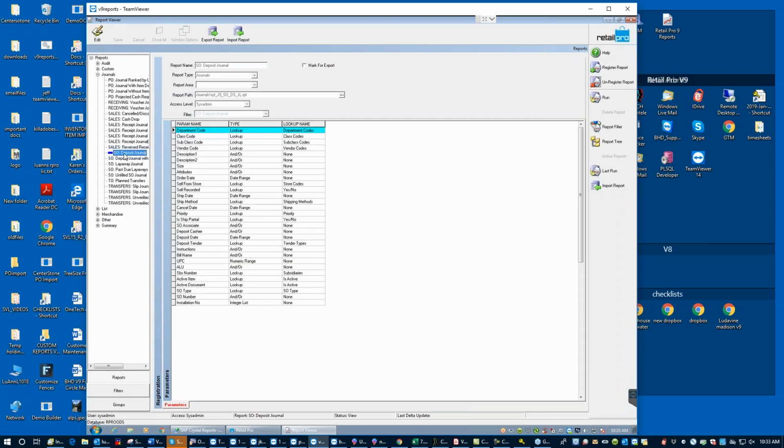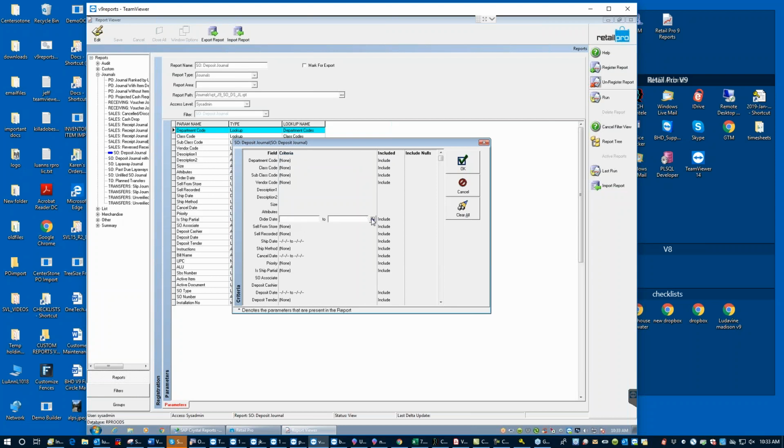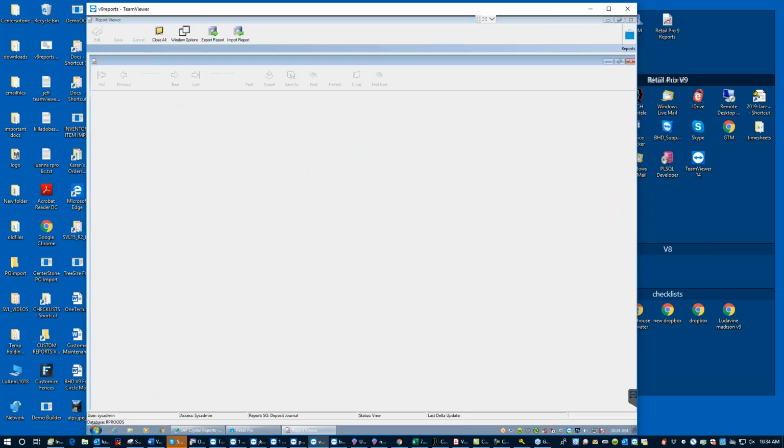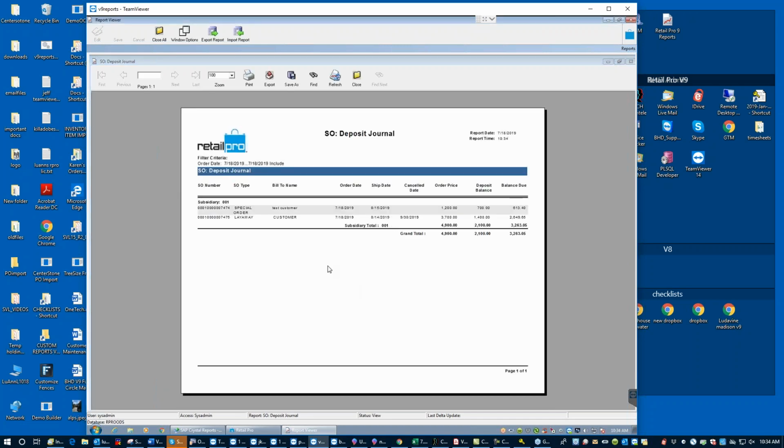So a deposit journal essentially is how much money did I take in on sales orders, and we're just going to do today's business, just those couple that we have done so far today. So we took in a special order. We took in $700 against the special order. I've got $613.40 still due on that. On my layaway,